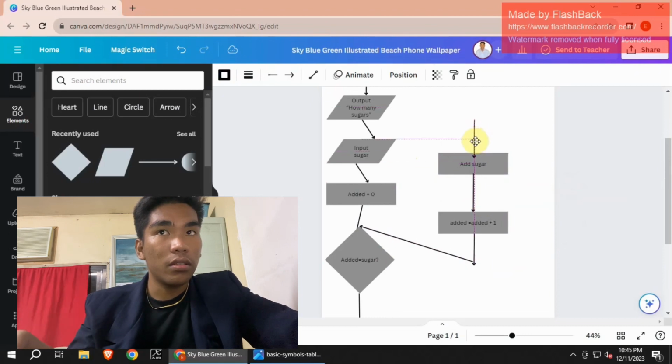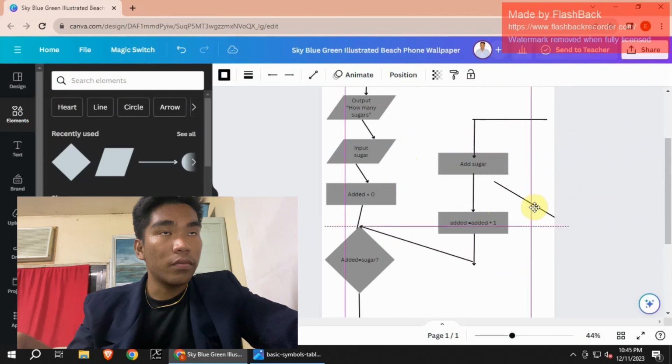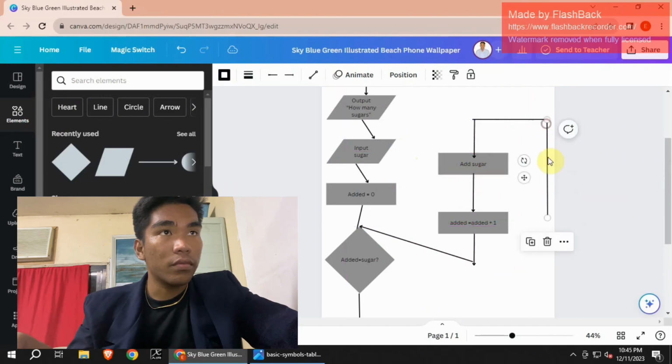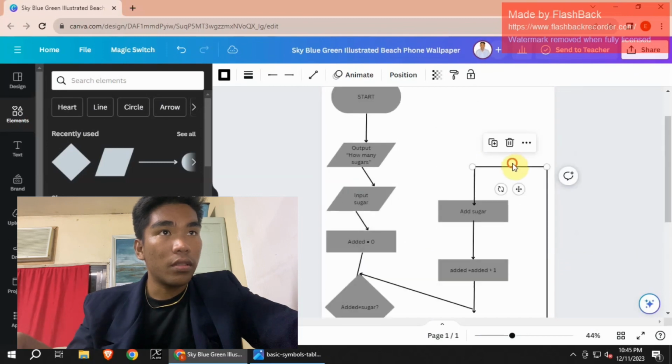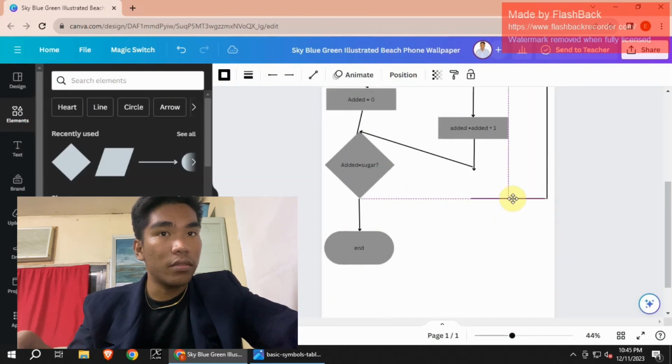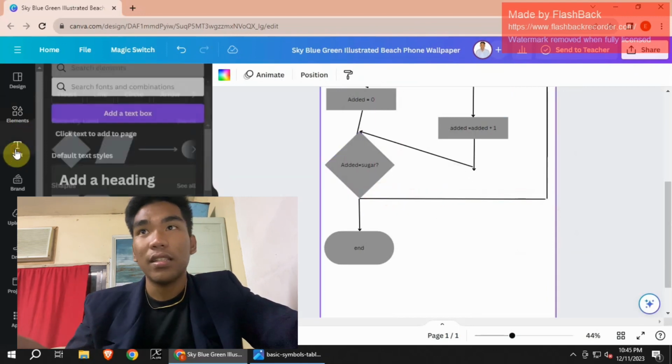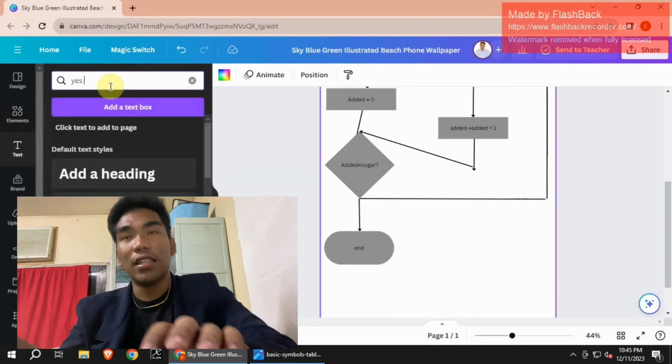This and this. Put here. This one. And copy this. So the answer for this is yes or no, and this is the loop flowchart